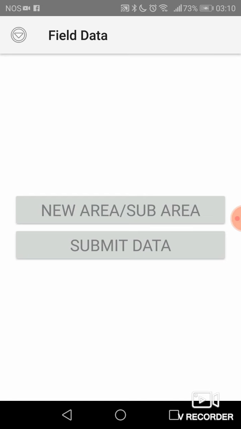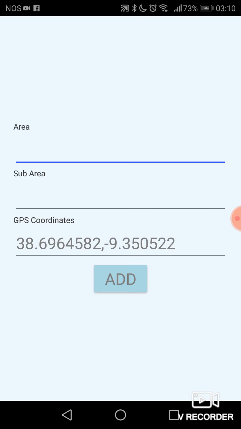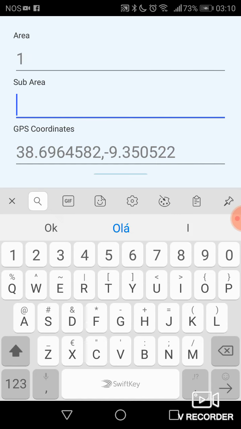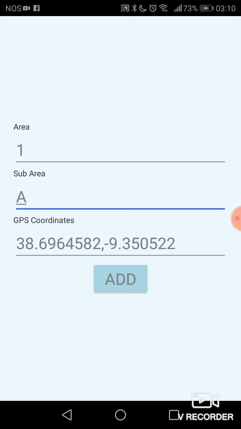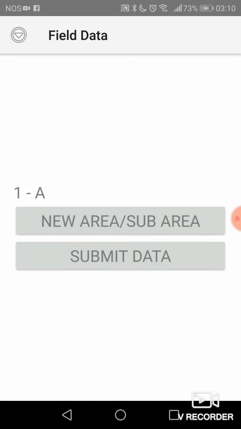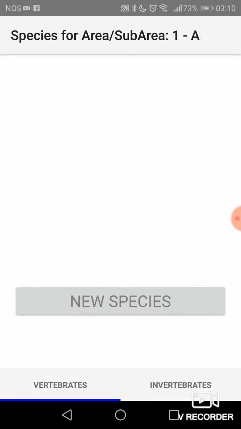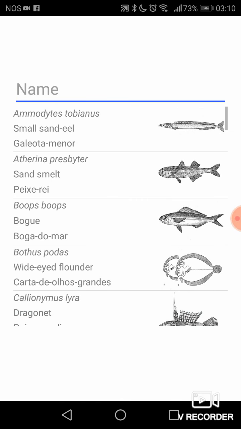When we press the button New Area Sub-Area, we can start our fieldwork. As you can see, FieldEco automatically recorded GPS data, and now you can add your specific label for that station. Let's say we are in Area 1, Sub-Area A. If we press the station 1A that we just inserted and record our first observation, we can scroll down the